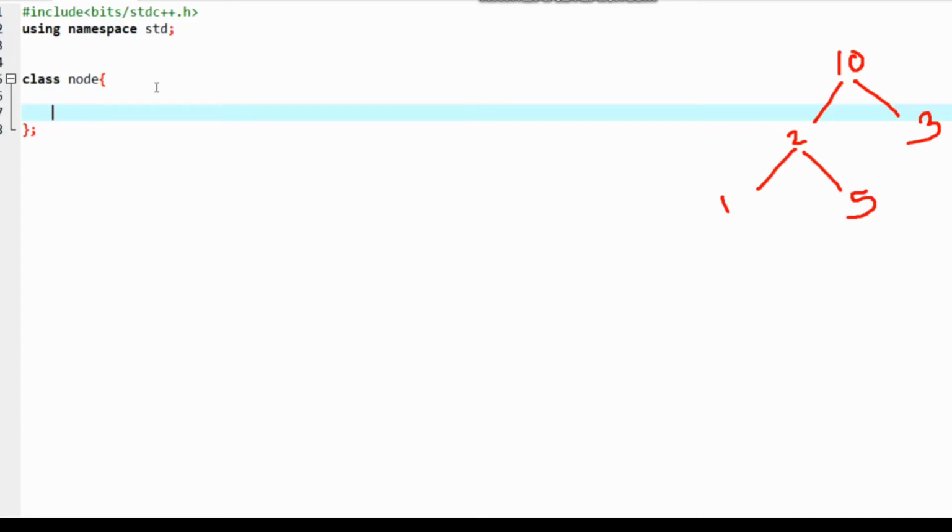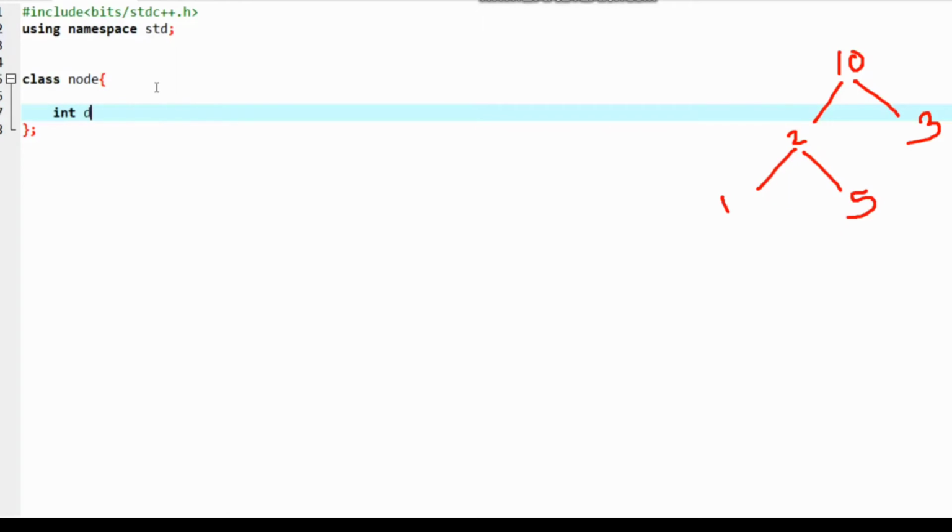Data can be any kind of data, either integer, float, or user defined data. The left pointer will hold the address of the left node, and the right pointer variable will hold the address of the right node.